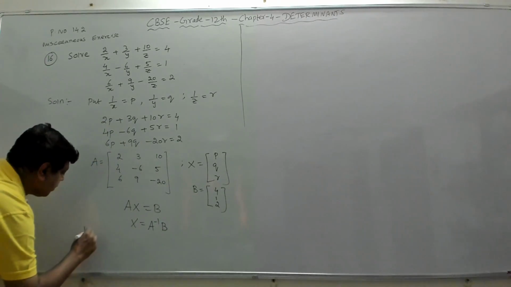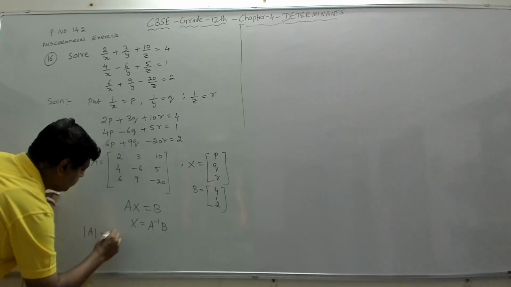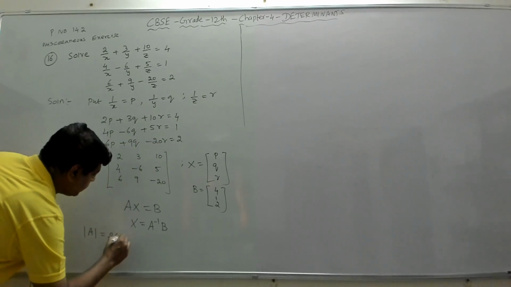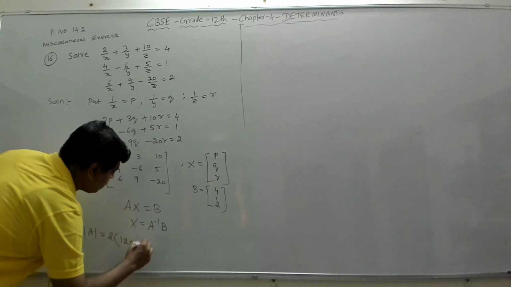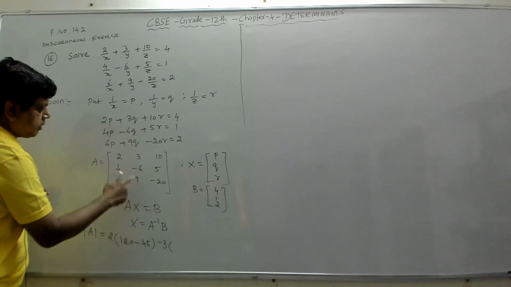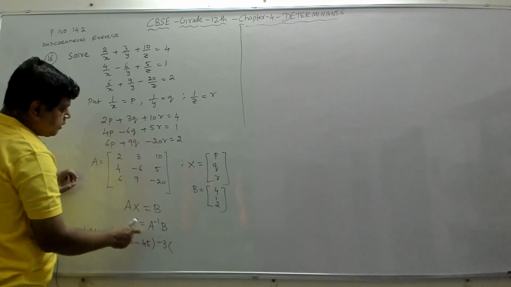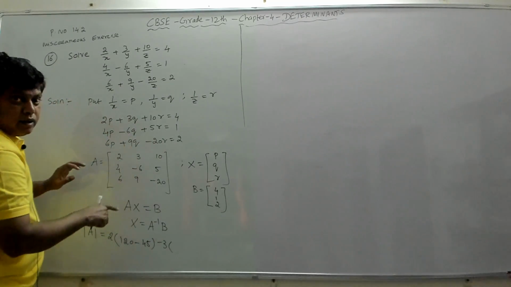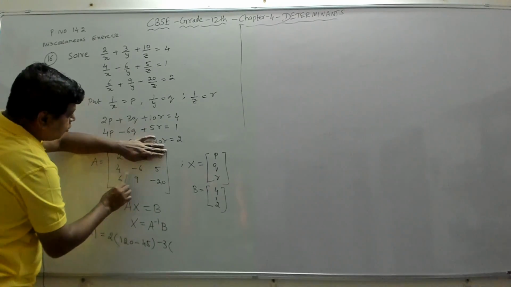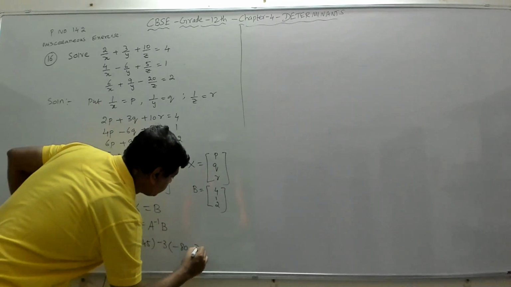This is the A matrix. So the determinant of A, if you expand along row 1, is 2 into, we close this row and this column, minus 6 into 20 is minus 120 plus... minus 9 5s are 45. Then minus 3 into, this is 3, but it is in position A12. So 1 plus 2 is 3, an odd number, so it becomes minus 3. Close this particular row and column: 4 into minus 20 is minus 80, minus 6 5s are 30.